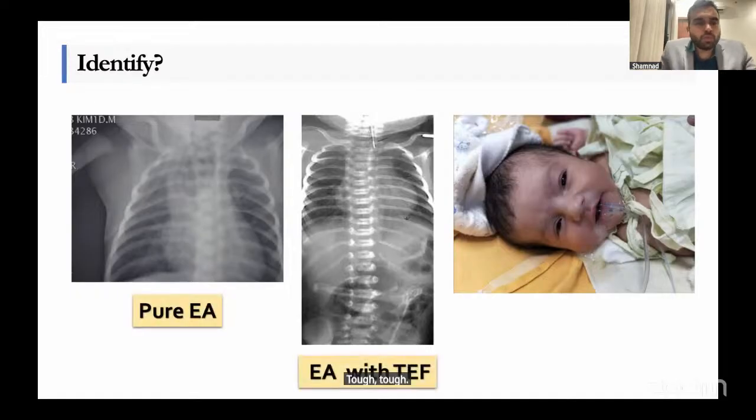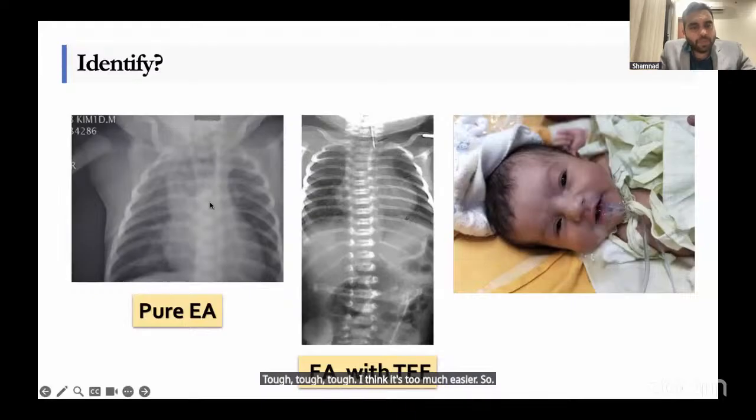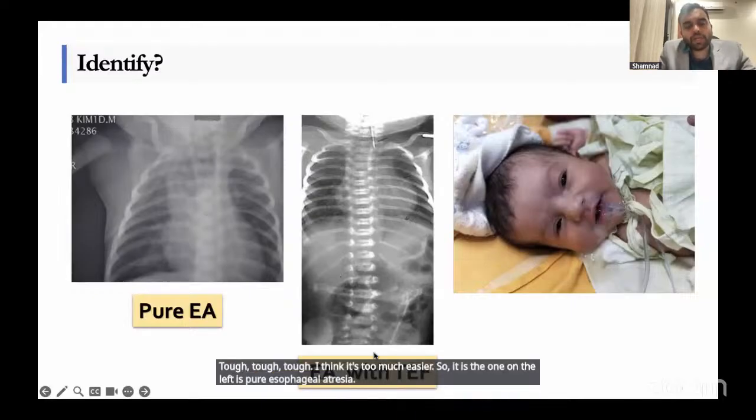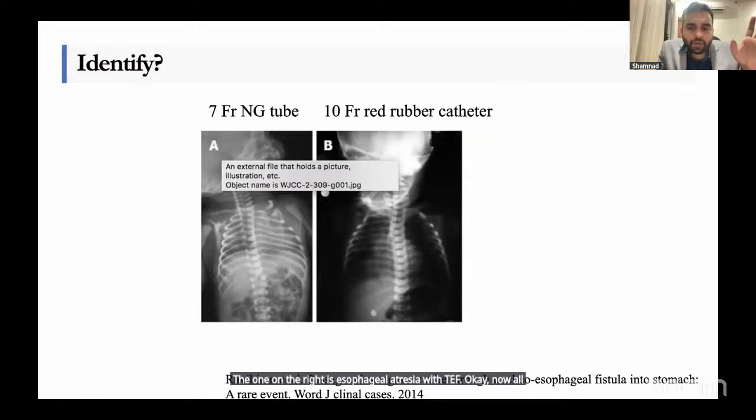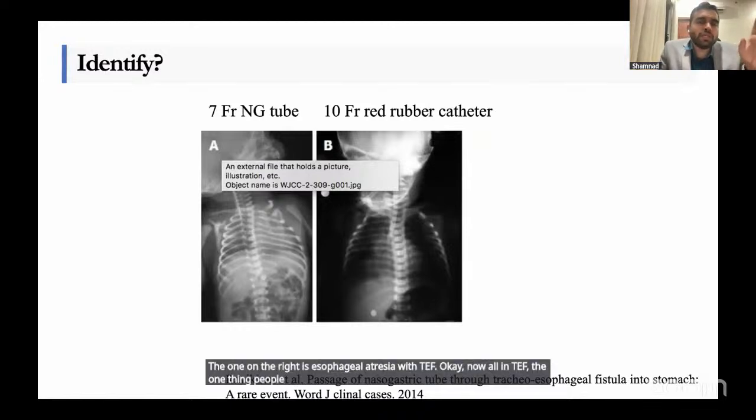Tough. I think it's too much easier. So the one on the left is pure esophageal atresia. The one on the right is esophageal atresia with TEF. Now, in all TEF, the one thing you people should remember is many surgeons insist that simple passage